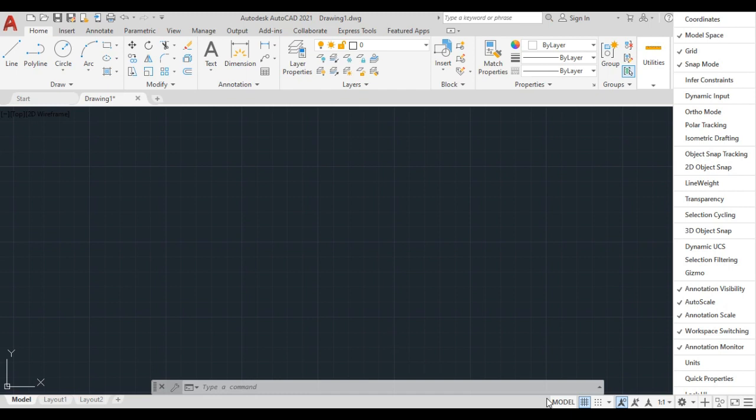See, all the icons are going to hide. So I'll just check mark this again. Generally people don't get this interface, so you can simply take it from here.